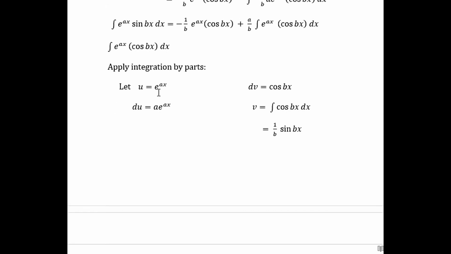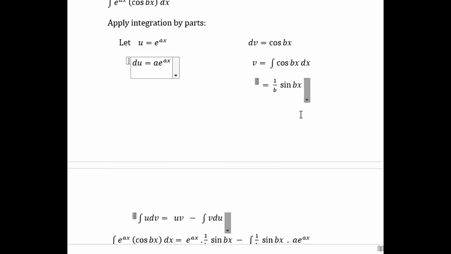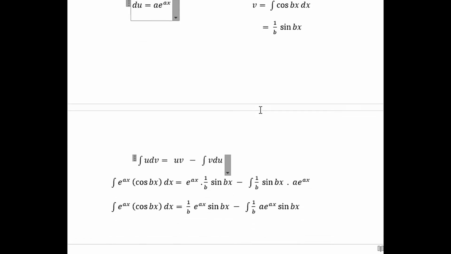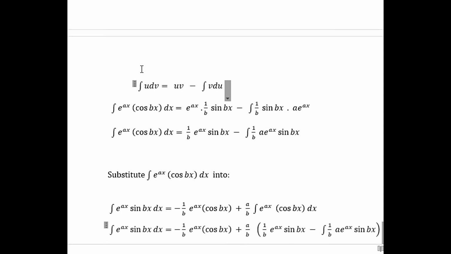Let u equal e to the ax and dv equal cos bx. So the derivative of u equals a e to the ax, and v equals 1 over b sin bx. We must integrate cos bx first. Okay, similarly again